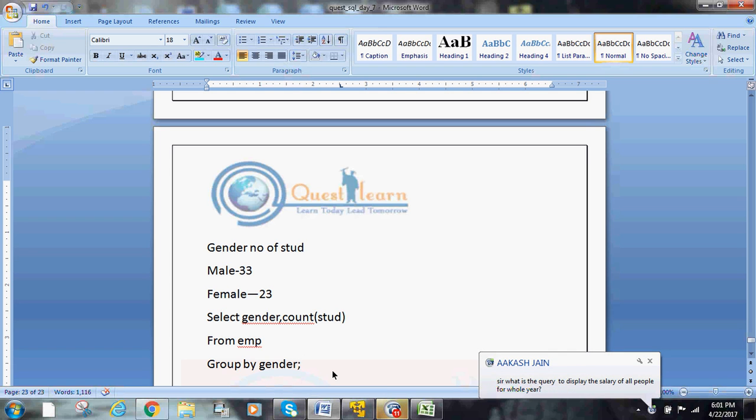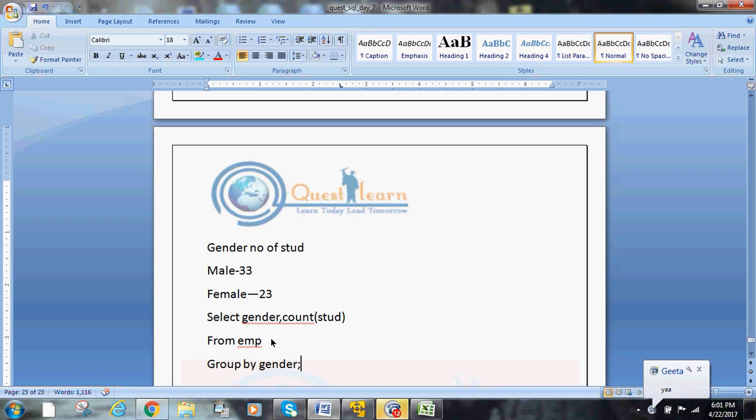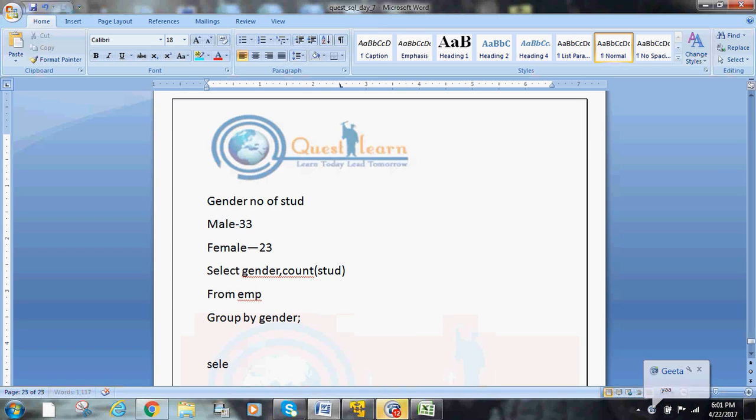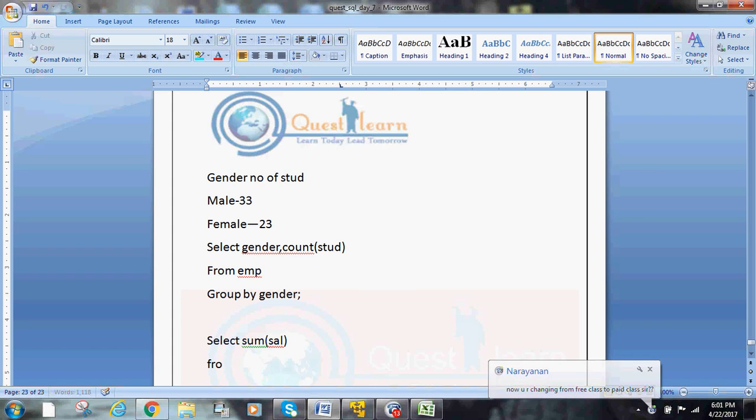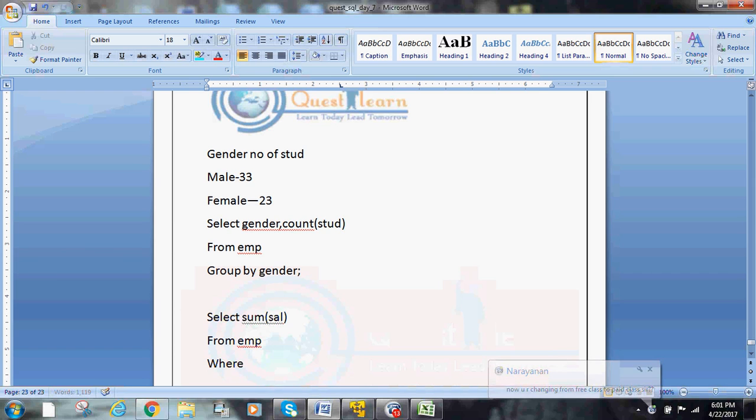Got this point, Geeta? Are you able to understand? What is the query to display the salary of all the people for a whole year? Just give a where condition. Simple. Your question only I'll take. Display all the salary for the whole year. Select sum of salary from EMP where year equal to 2016,